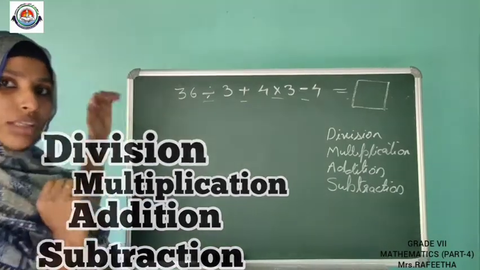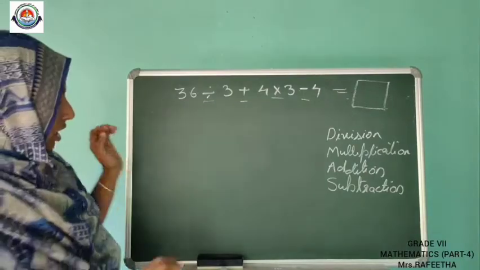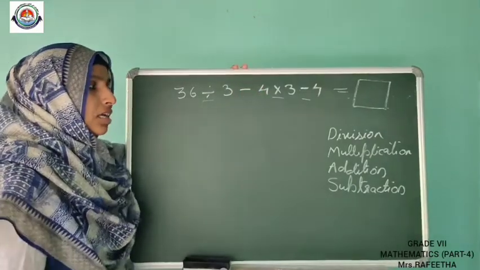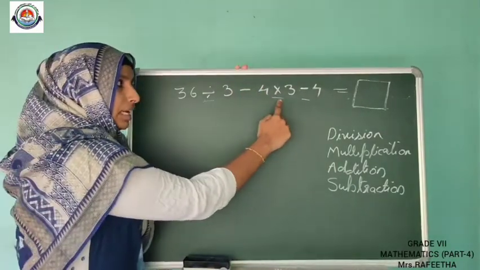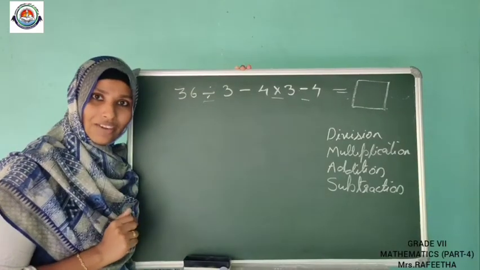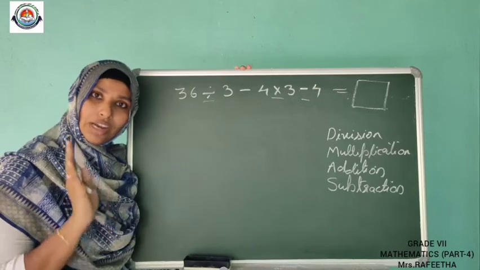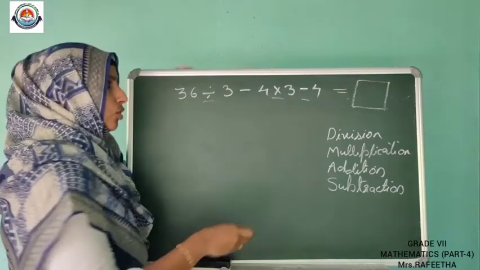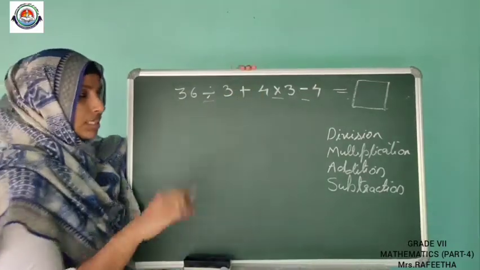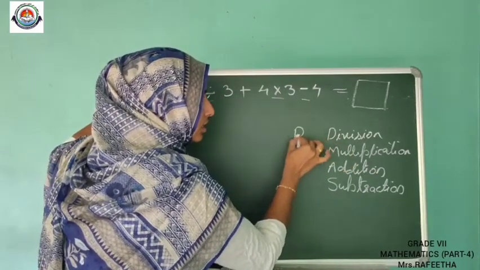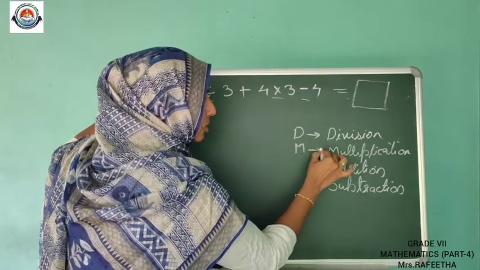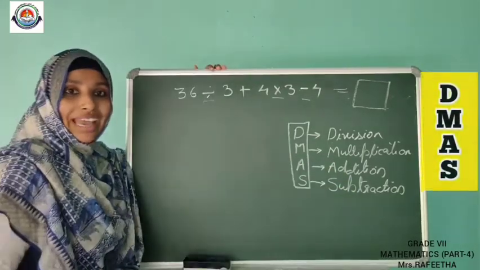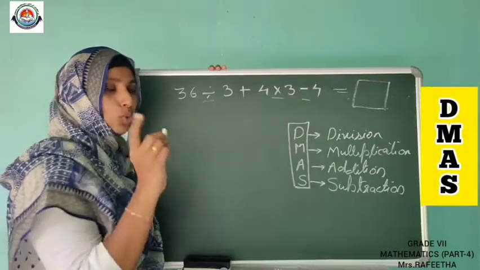Now I want to ask one thing. If in an expression no addition is there, if here it is minus, first we did division, then multiplication, and addition is not there, can we stop there? No, because if addition is not there, no problem. We can do the remaining. Before that, division we want to do first. Next multiplication. Next addition. Next subtraction. So we can call this DMAS. That is the rule of DMAS.